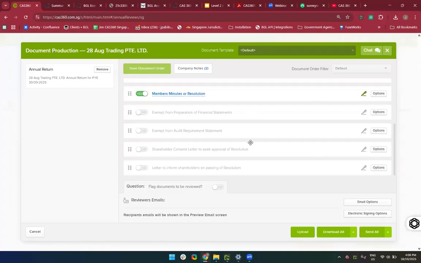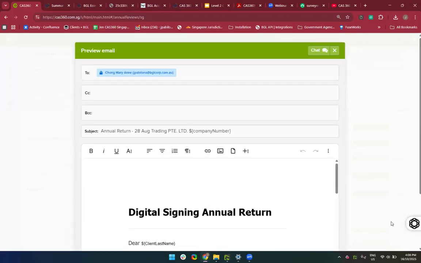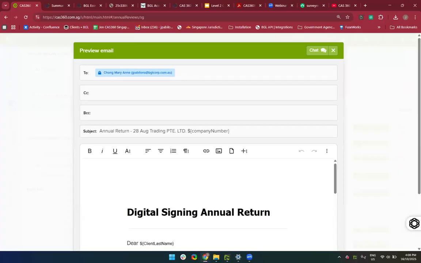Now, once I've set up or selected my preferred digital signing under my electronic signing options, instead of clicking download all, so you don't really download the document with the digital signing link, what you'll need to select is send all instead. All right. Now, once you click send all, this will automatically